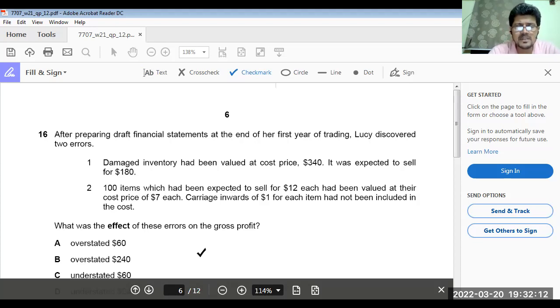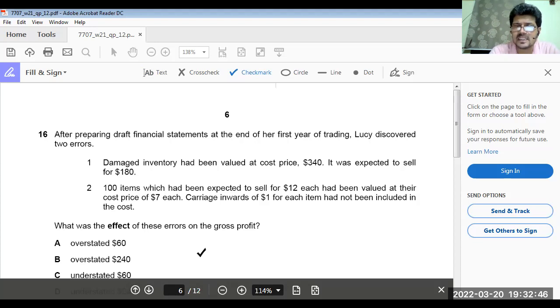100 items which had been expected to sell for $12 each had been valued at their cost price of $7 each. Carriage inward of $1 for each item had not been included in the cost. So if we include carriage of $1 for 100 items, it means $100. When we rectify this error, we are going to increase the cost of sales by $100. It means we have to decrease profit by